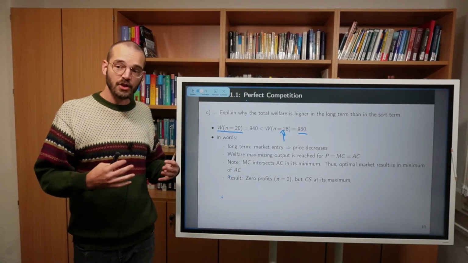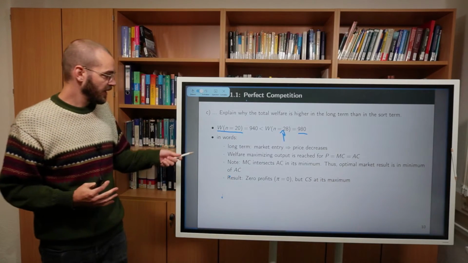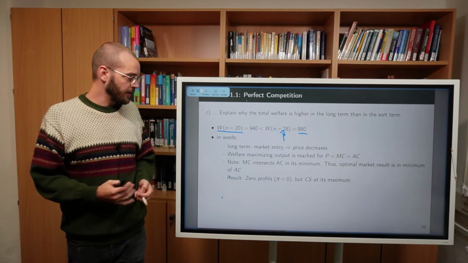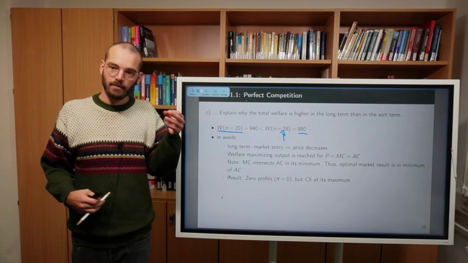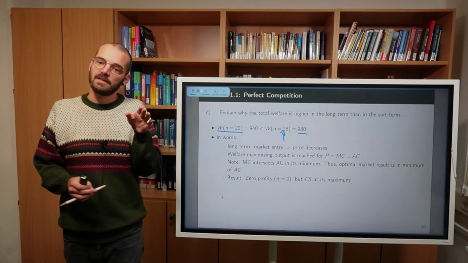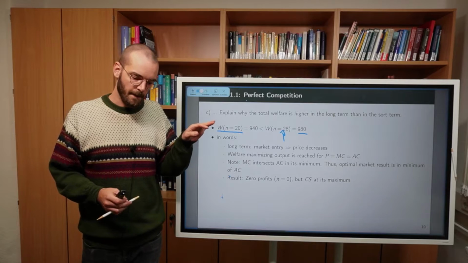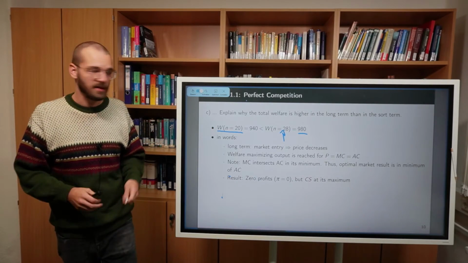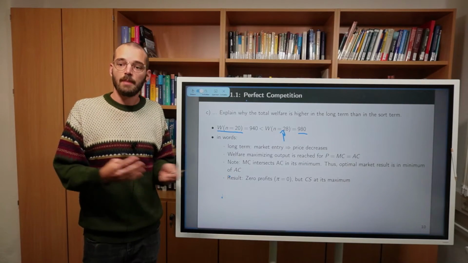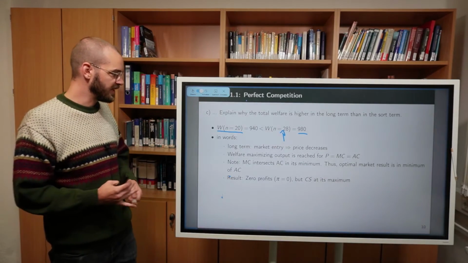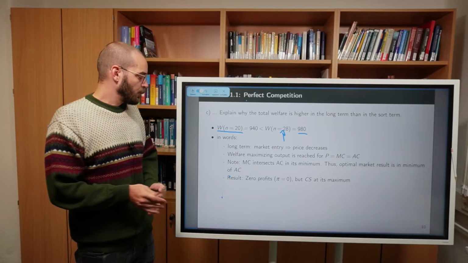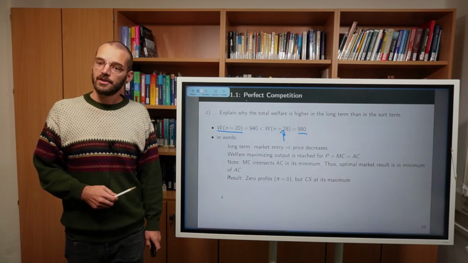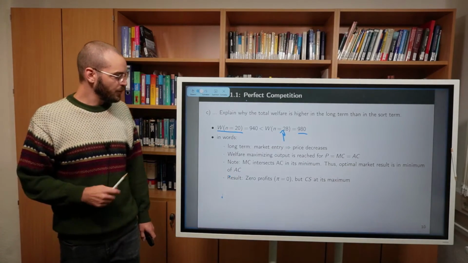And the explanation is as follows. In the long run, market entry happens or is allowed, so as long as there is positive profits, or as long as the production is not in the minimum of the average cost function, firms will enter, and thereby the price will decrease. We know, simply by looking back at our calculations in task B, that the welfare maximizing